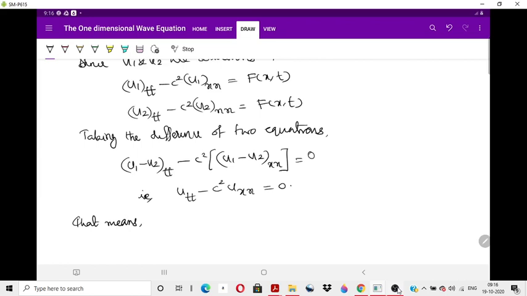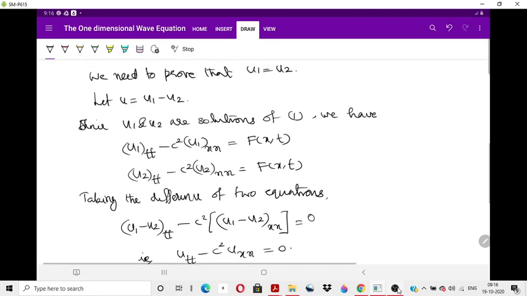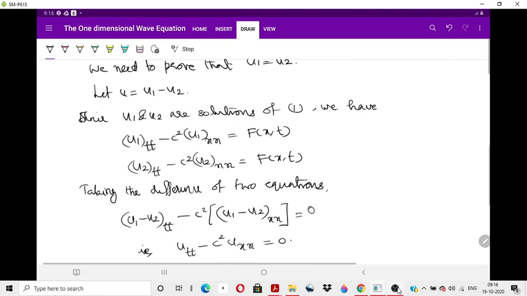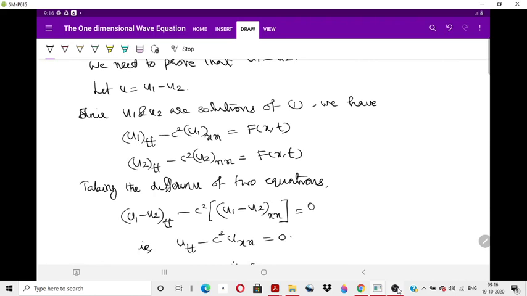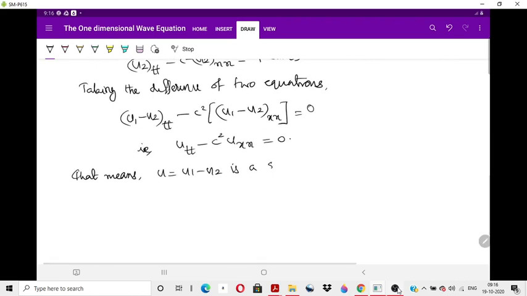That means u is a solution. That means u equal to u1 minus u2 is a solution of the corresponding homogeneous problem, is a solution of the homogeneous problem